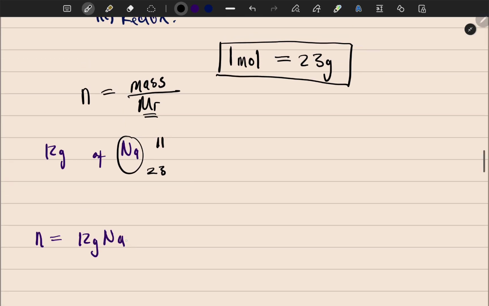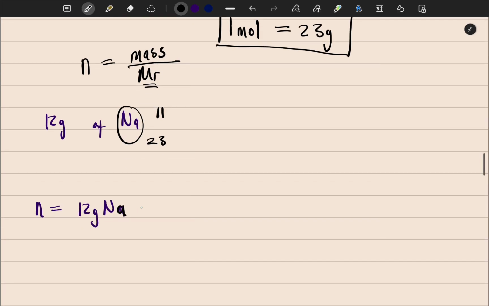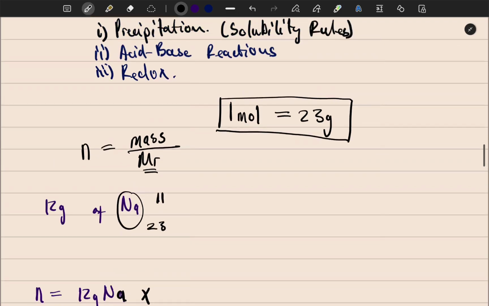you are going to say 12 grams of sodium. This is what you're going to do. You always say mass of who when you're calculating. So this is 12 grams of sodium, then you're going to say times. Now, what you will always do, you're going to see different relationships, and relationships are going to be converted to fractions. So I'm going to convert this, 1 mole is equal to 23 grams, to be a